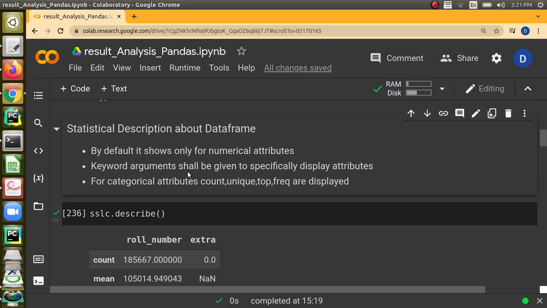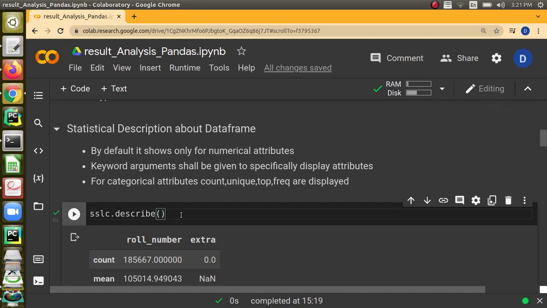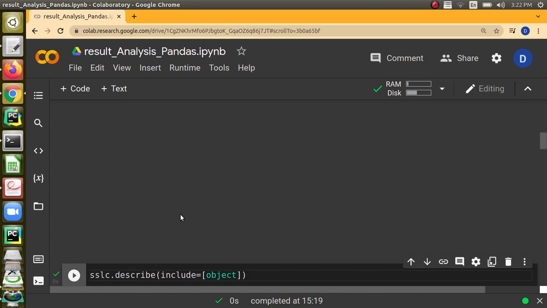A few measures will be given. By default, describe is the method to get this description about the data frame. When we give describe without any argument, by default it will show only numerical attributes.